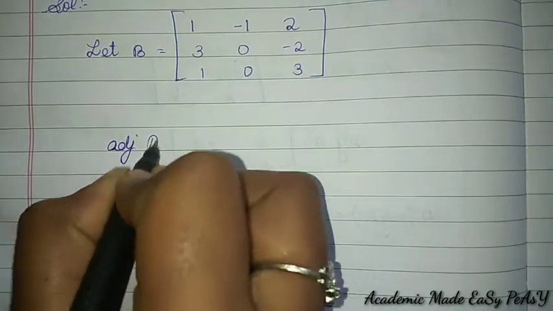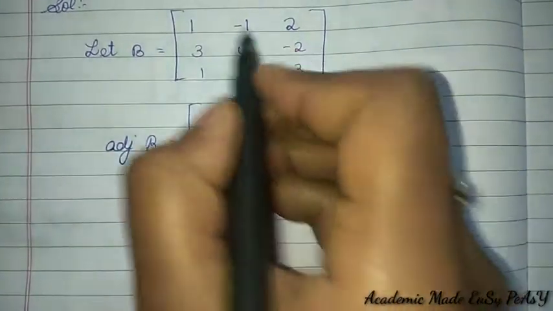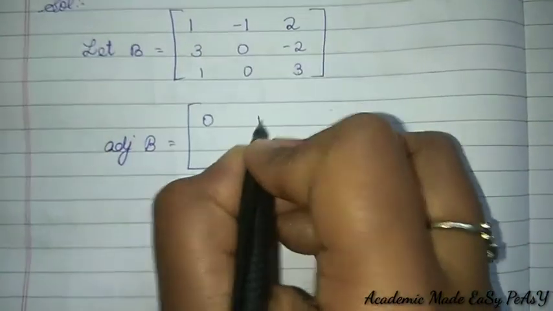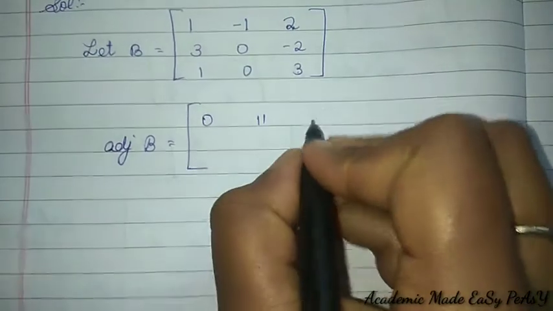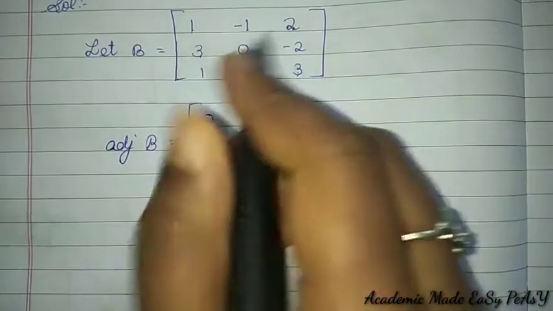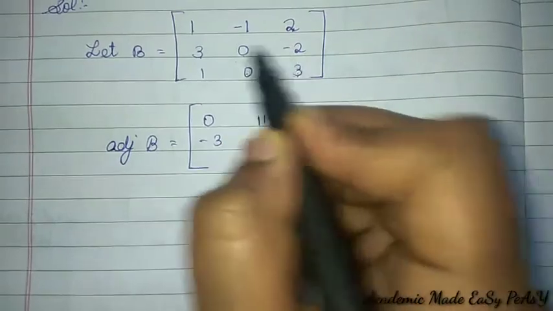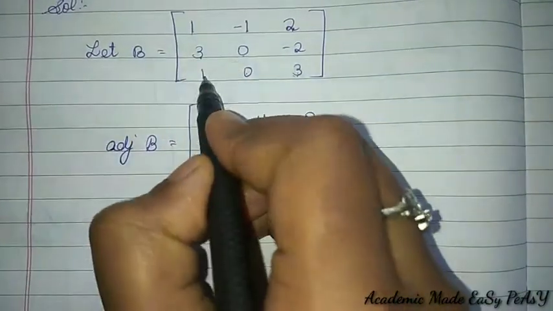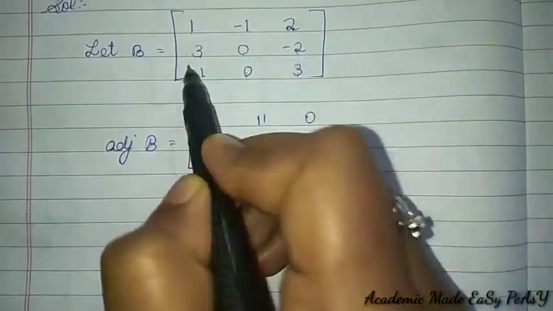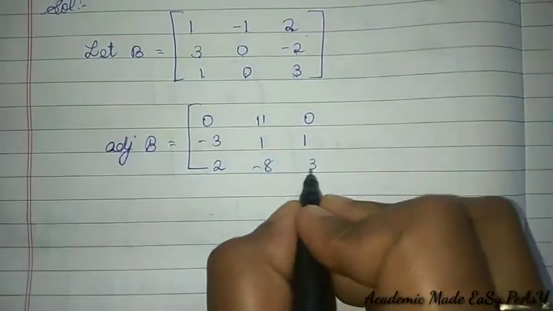So adjoint of B is equal to, so this one is 0, 0, so 0. And for minus 1, 3 plus 2 is 9 plus 2 is 11. So for this element is again 0. And for this element it is minus 3. And for this element 3 minus 2 is 1. For this element 0 minus of minus, so plus 1. So for this it is plus 2. And here minus 2 minus 6 is minus 8. And last over here it is 3. The whole